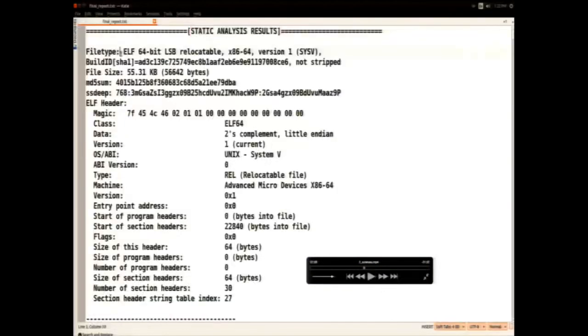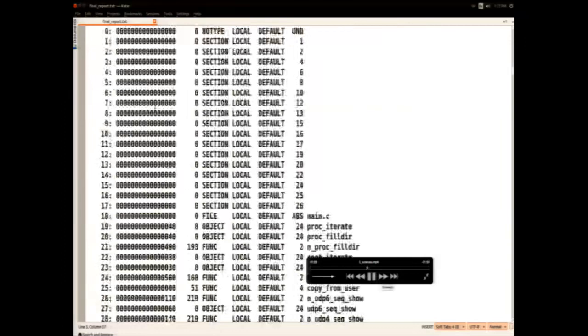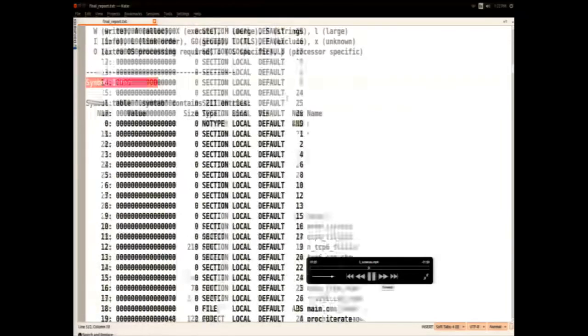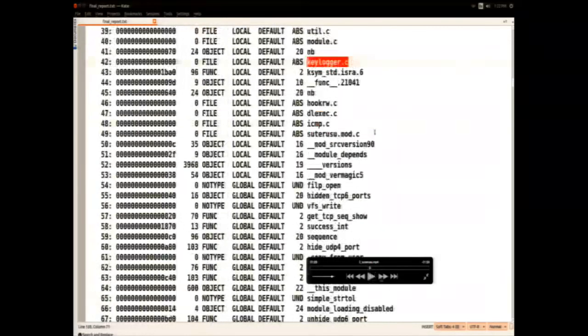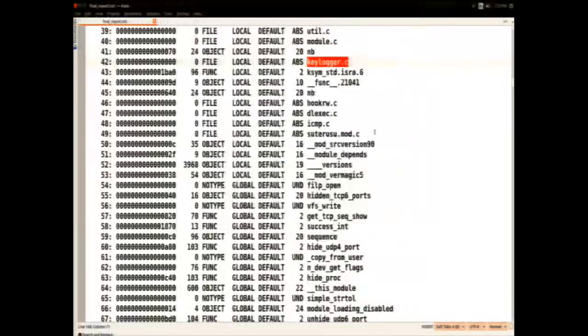This is the static analysis. As you can see, this is an ELF64 relocatable file. Also, looking at the symbol information, you see that it has references to files like keylogger.c, so probably it has some kind of keylogging capabilities.